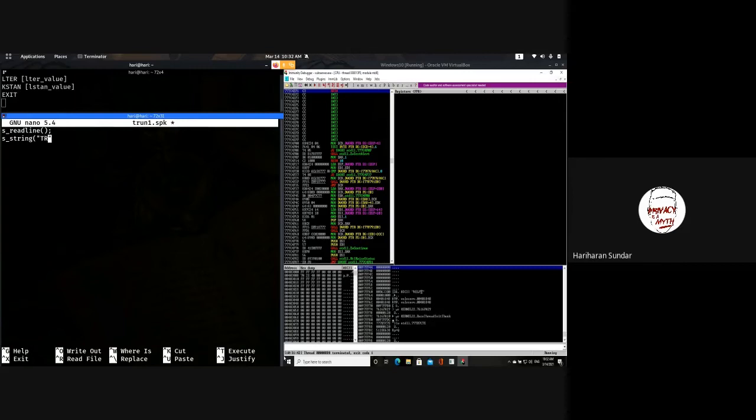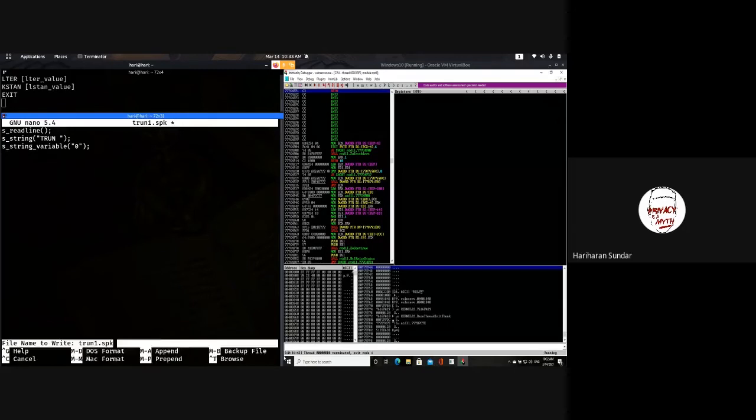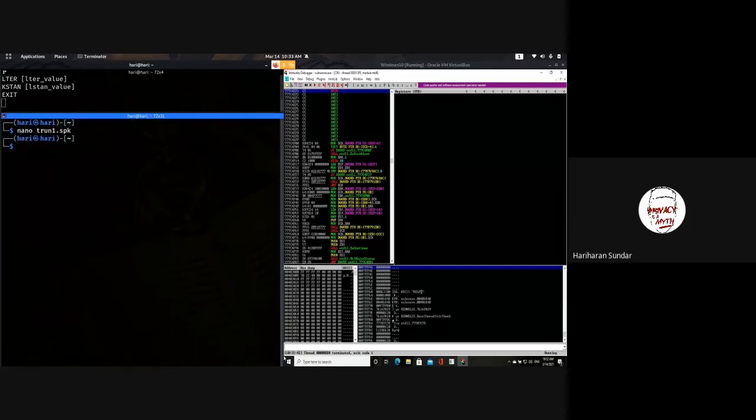And then I have my TRUN with a space. And then I'm going to do the same thing, string. Oh, oops. And then I'm going to give 0. I'm just going to save the file and do the same thing with a generic TCP, but then I'm just running my TRUN